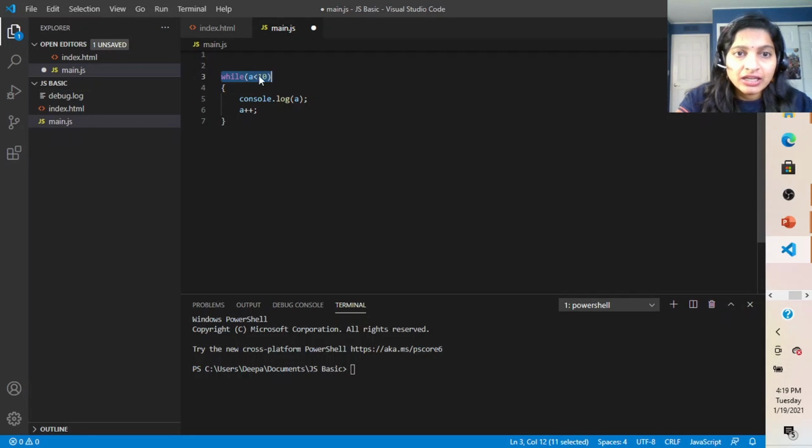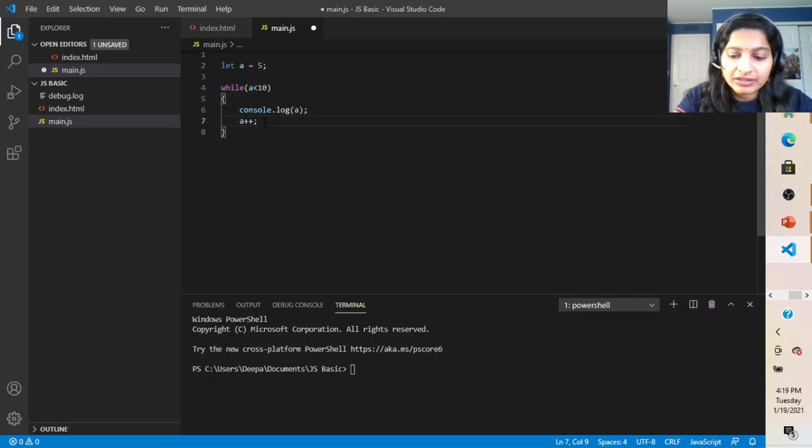Here we have taken variable a and whether it is less than 10. Sorry, I have left the declaration, a is equal to, assignment as well as declaration. I have taken a as 5. And we are checking the condition whether a is less than 10. Then we are printing the value of a and we are incrementing a by 1. This is nothing but a is equal to a plus 1. This is the increment operator which we have learned last time.